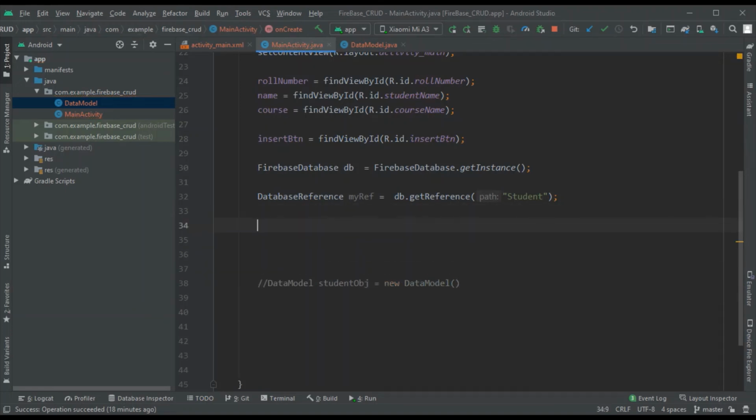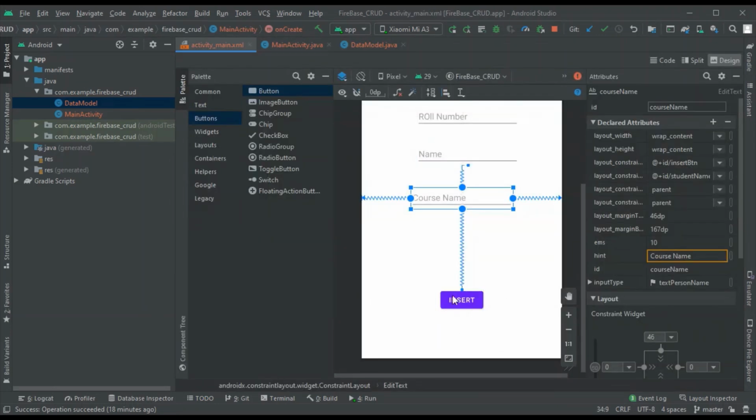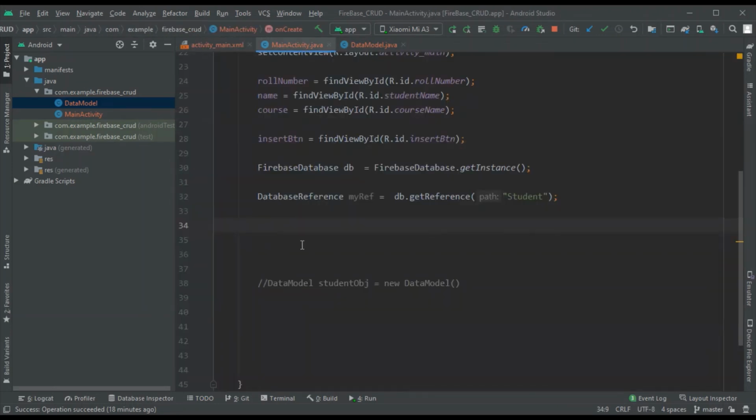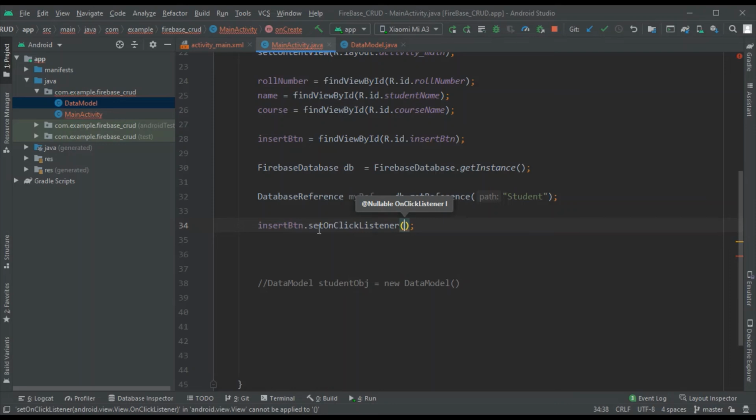So once you click on the insert button, your value should be inserted, right? So you need to fetch the value and then insert. You have this insert button's reference over here. Do insert button dot set on click listener. Inside this you should pass something like new